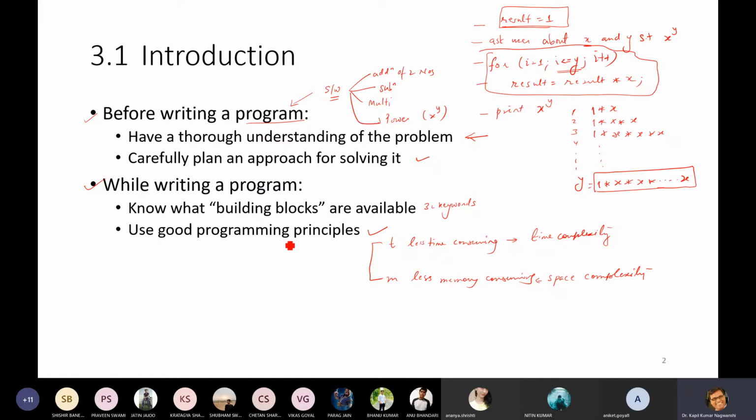Good programming principle means it must take less time and it must also take less memory space. Less time consuming and less memory consuming. This is also known as time complexity, and this is known as space complexity. So it must be less. This is known as a good programming principle.